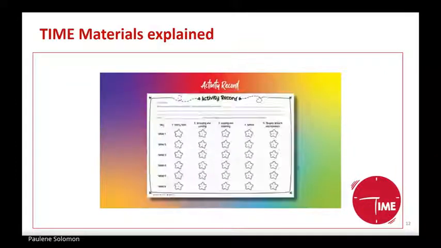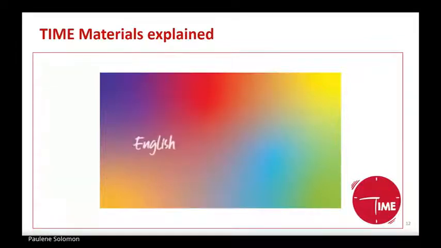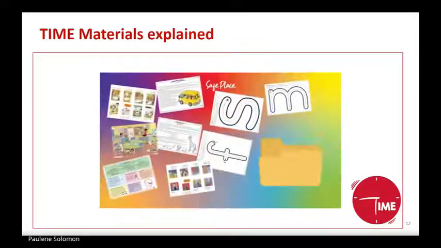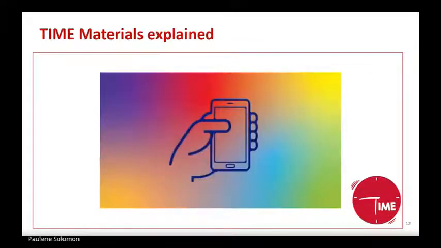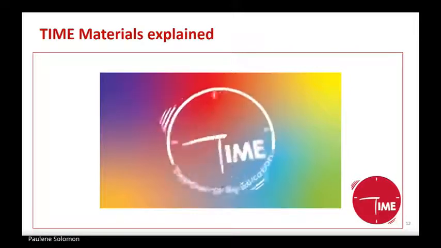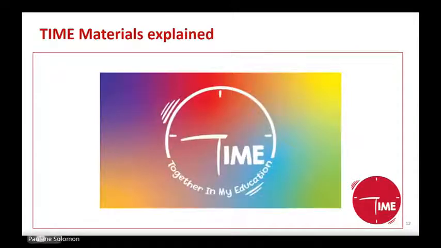We've also included this activity record, which is a great way for you and your child to keep track of what you've done together. Remember to write your child's name on the sheet. Color a star as you complete each activity. We are sure your children will want to show their teacher how much they have done at the end of each term. The materials are available in English, Afrikaans, and isiXhosa. We encourage you to keep all your resources in a safe place. We will send out messages to help you prepare and use the materials at home. Make time together. We know you can make a difference to your child's learning.